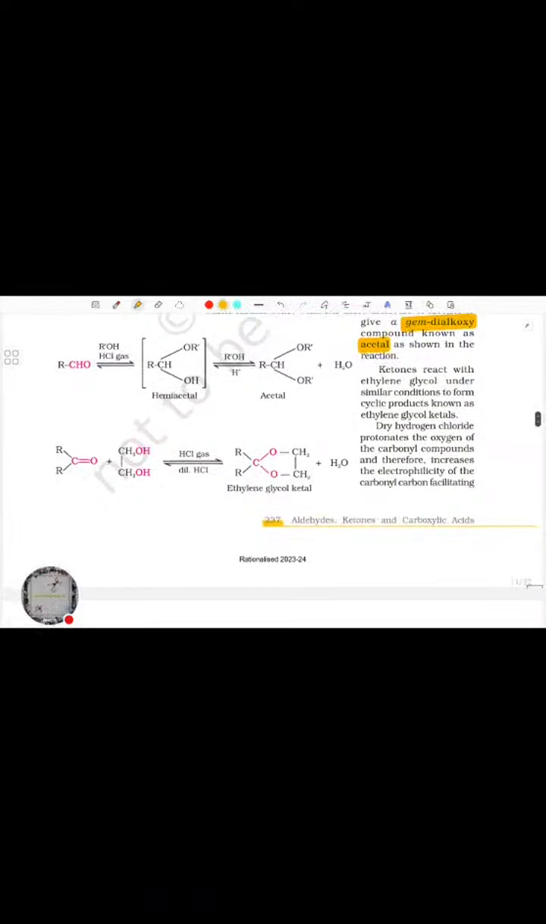Let's talk about ketones. In the ketone case, it's going to react with ethylene glycol under similar conditions to form cyclic products known as ethylene glycol ketals. So it's basically going to form something called a glycol ketal, in which the C double bond O group is bonded with the CH2CH2OH, and this particular reaction yields the formation of CH